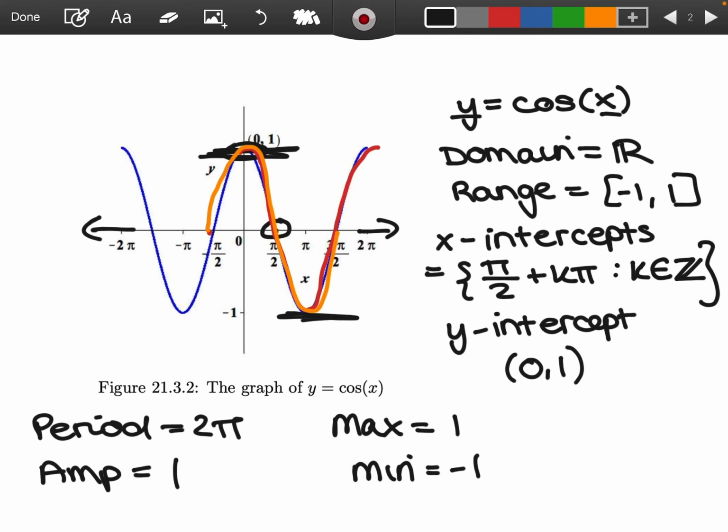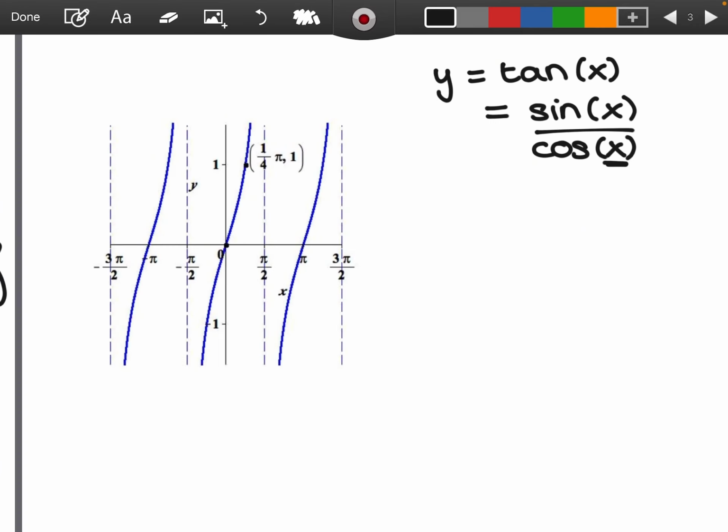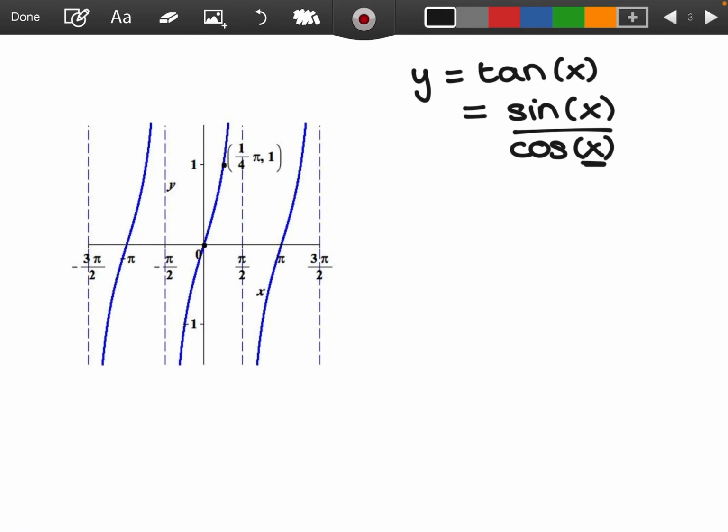So if we look at where we get 0 out of our cosine graph, we see that cosine of pi over 2 is 0, okay, because I hit that x-axis. Cosine of pi over 2 is 0, cosine of 3 pi over 2 is 0, etc. Okay, it's all of those odd multiples of pi over 2, which is exactly what we see here with our asymptotes. At those odd multiples of pi over 2, where the cosine of that angle was 0,